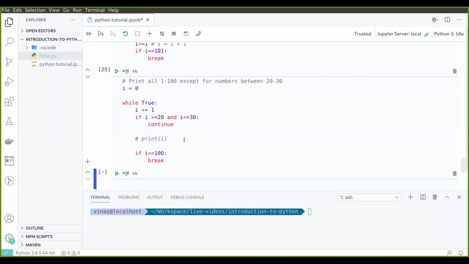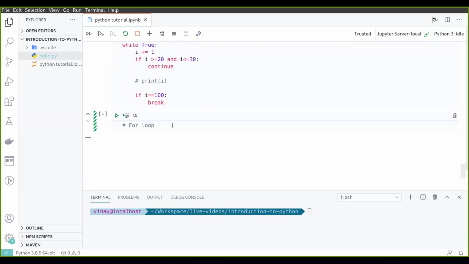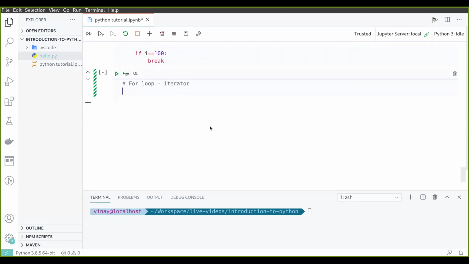Now let us try to understand what this for loop is about. So for loop is similar to while loop. Basically it does the same thing, just that what it does is it kind of acts like some kind of iterator. So what happens is, you might have seen the data type lists. Okay, so say we create one list with numbers, say 1 4 1 6 5 7, all of these numbers.